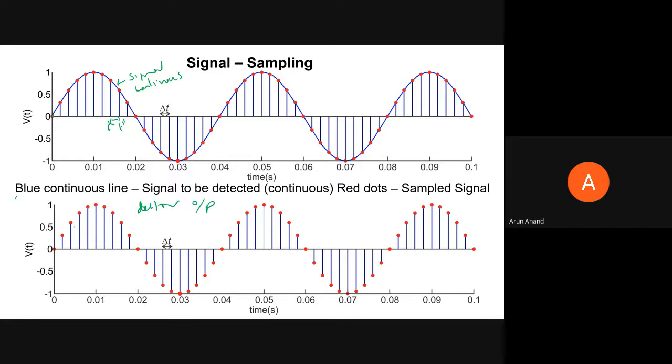So they are discontinuous. Even though you draw it as a straight line, that is basically a discontinuous output. You don't have any signal between two time points. So between delta t, you don't have any signal. If you want to sample a continuous signal into a continuous output, then your delta t should be equal to 0. So that is not possible practically. So whatever you do, the fastest detector you use, your detector output is going to be discontinuous. I hope this is clear.